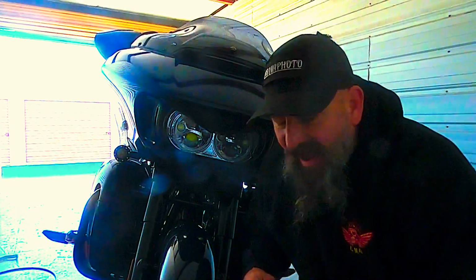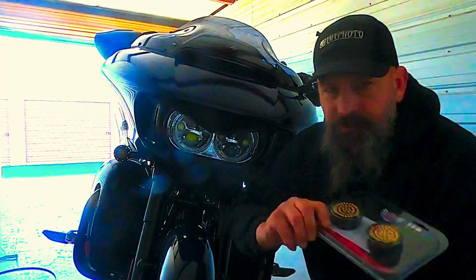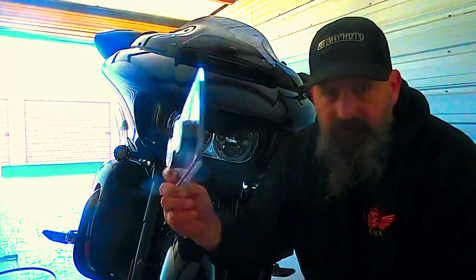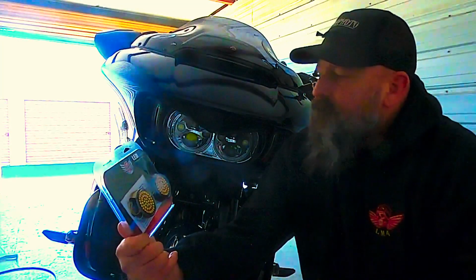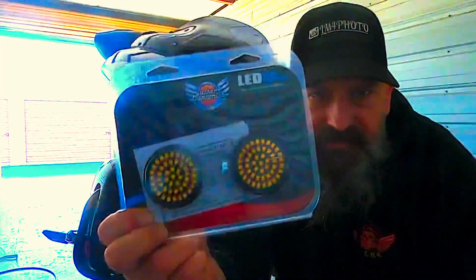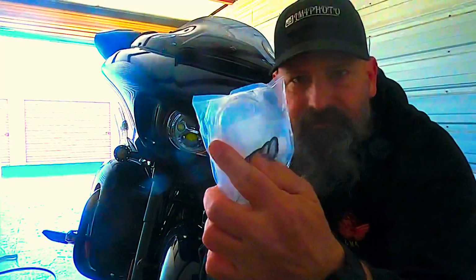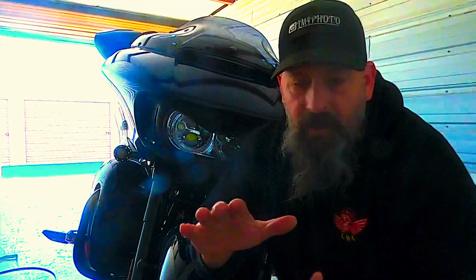Friends, we are back with another Custom Dynamics install, and what I want to do today is no cuts. I want to install these LED turn signals. This is the Genesis 4 LEDs with the clear caps, the clear light caps that go on. So what I want to do is no cuts. I want to show you how completely simple and abbreviated we can make this video be for an install with